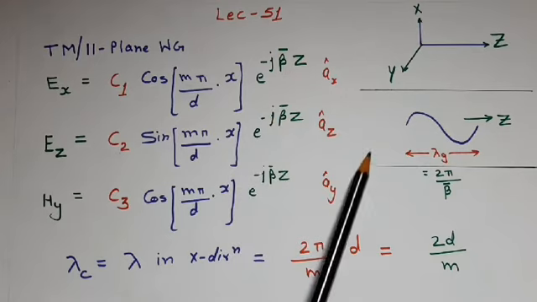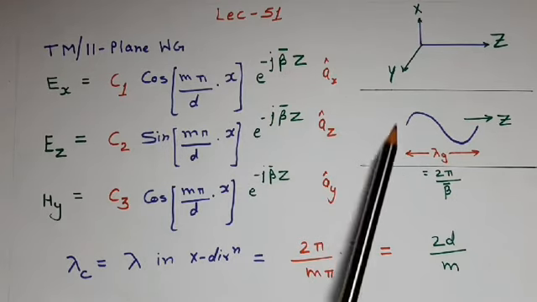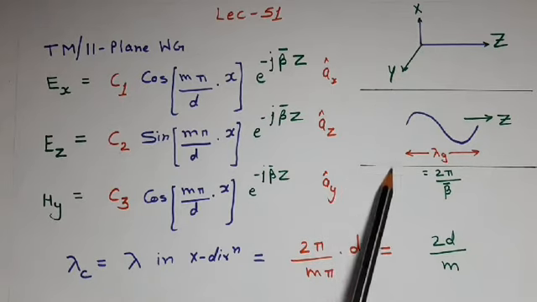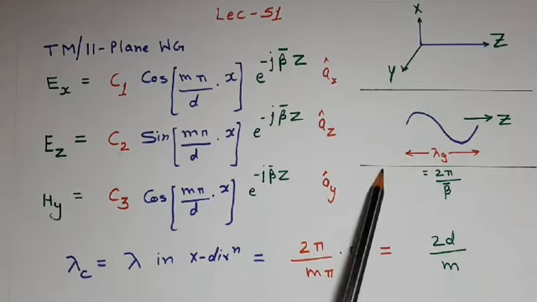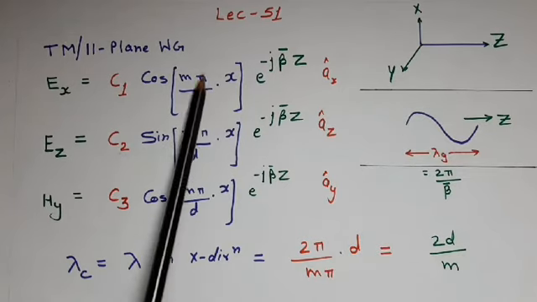Because to satisfy the boundary condition, sometimes the field component has to become 0 on the boundary. And if field variation is not allowed, then it can never become 0 on the boundary. So generally, in the direction in which the boundary exists, a sinusoidal variation of the field takes place.